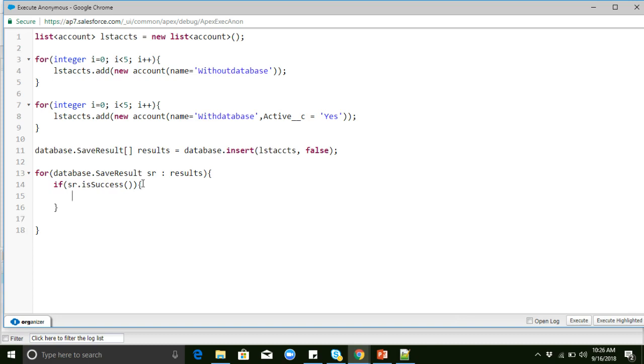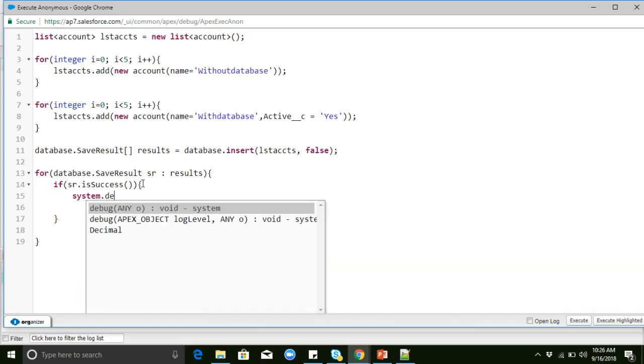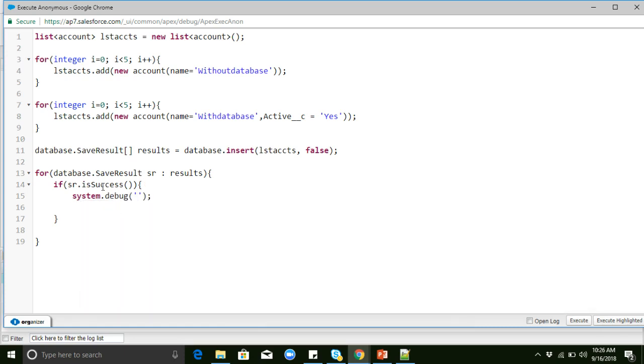So we can check with a System.debug: successful record inserted successfully. We'll get that record id with sr.getId().